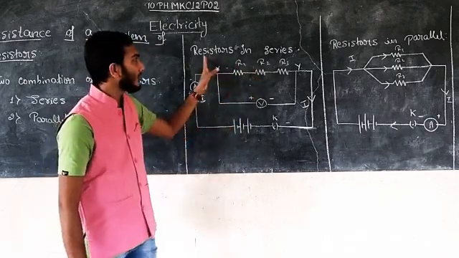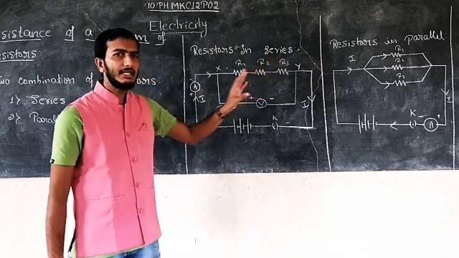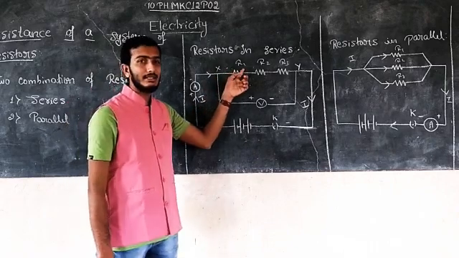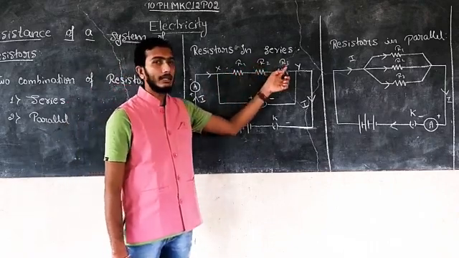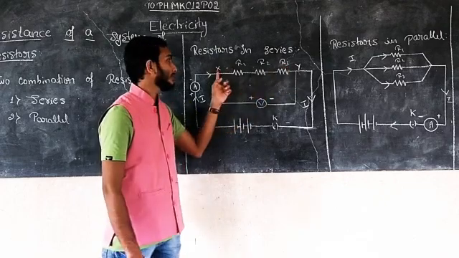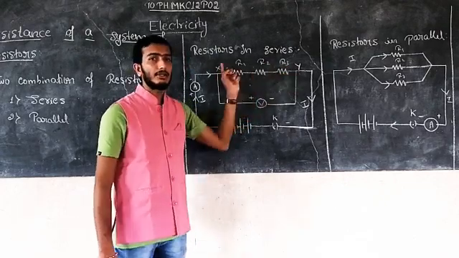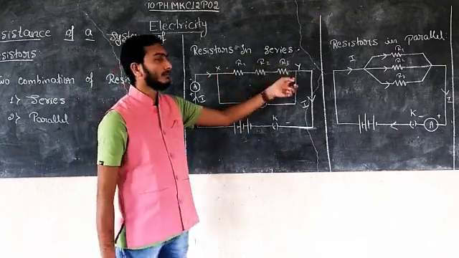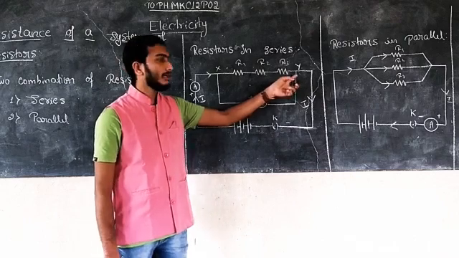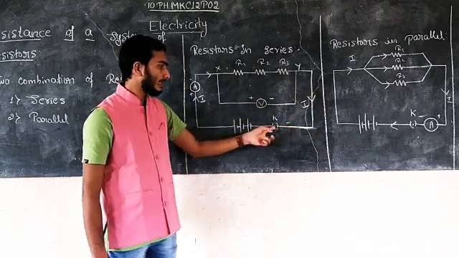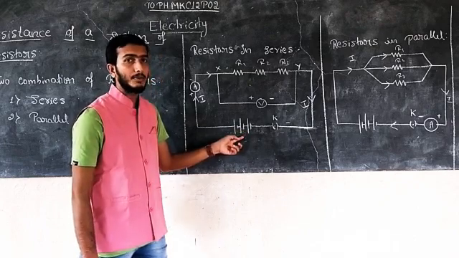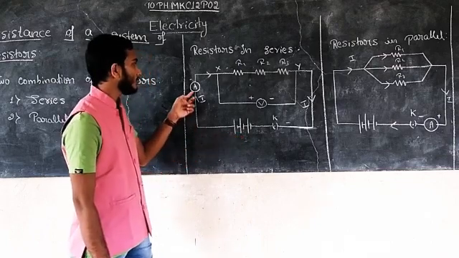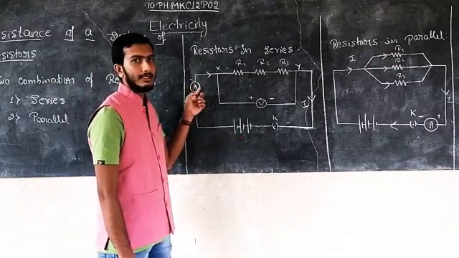Here is the circuit diagram for resistors in series. I am taking three resistors named R1, R2, R3, connected between the points X and Y, and a voltmeter is connected across X and Y. Then the ends of the connection are connected to a switch key and a power supply, that is the potential difference, and another end is connected to an ammeter.